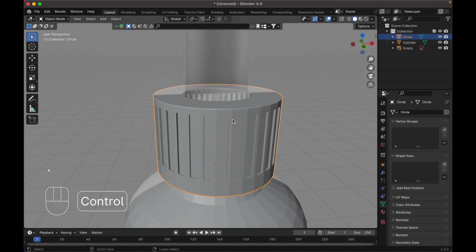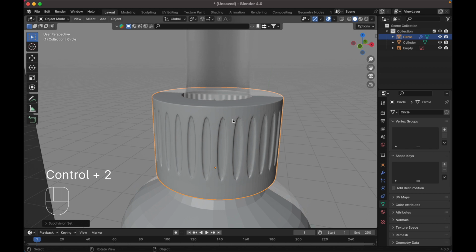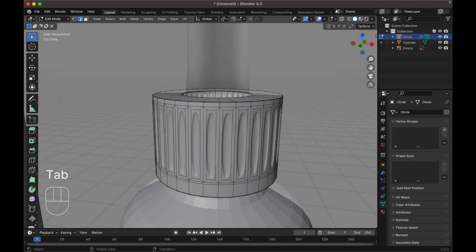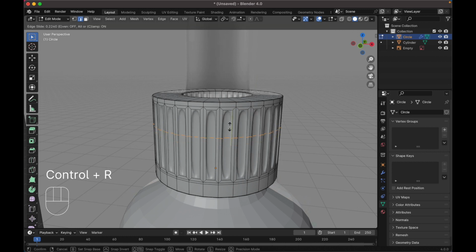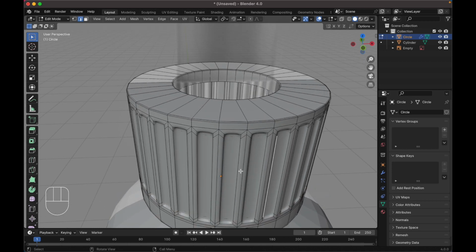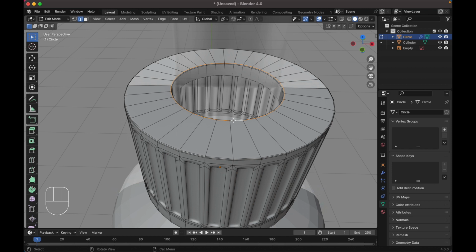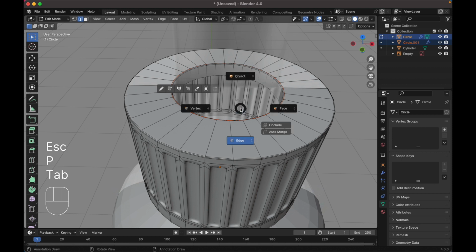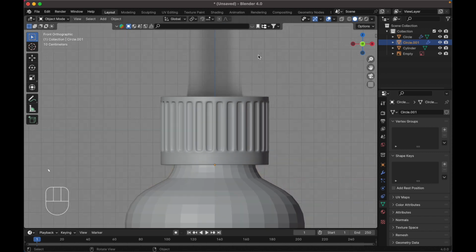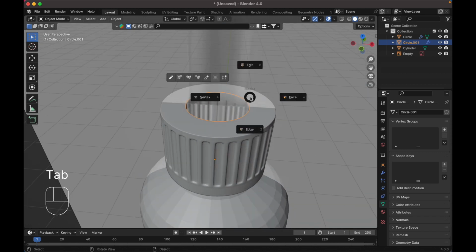Press Ctrl 2 to add subdivision modifier, shade smooth, back to edit mode, press Ctrl R to add a new loop cut here, move it up like this, Ctrl R again, move it down over here, select this edge, Shift D, press P, selection, back to object mode, select this circle, and edit mode,